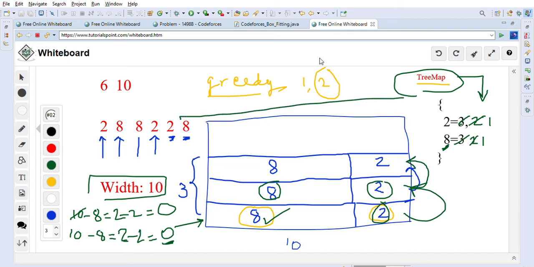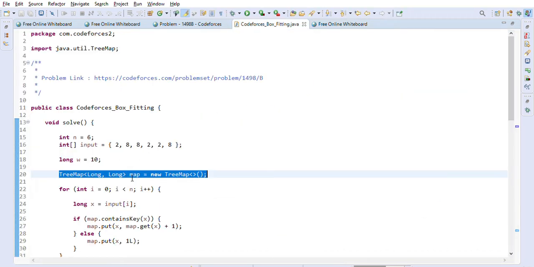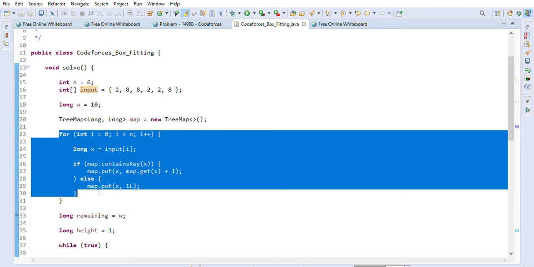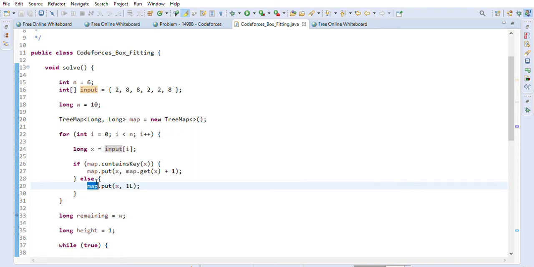We are iterating through this input and populating the map. If it's the first time, it will give the frequency as 1. If the frequency exists, we will just increment the existing frequency by 1, right?